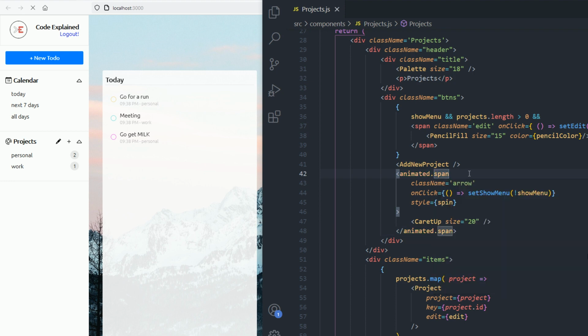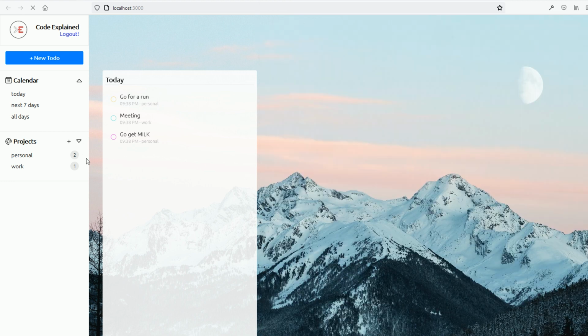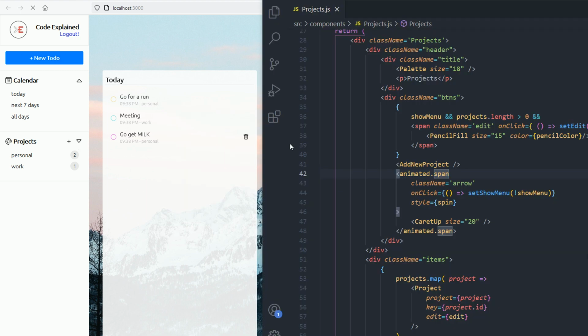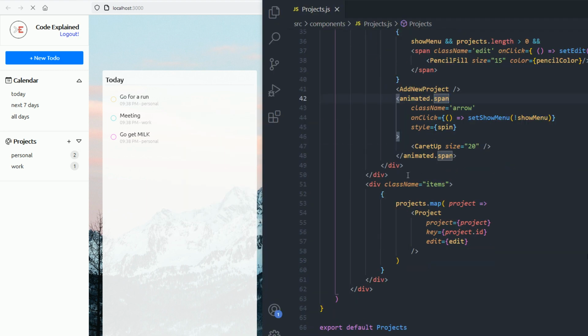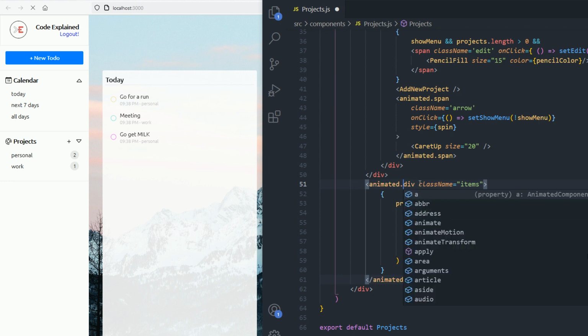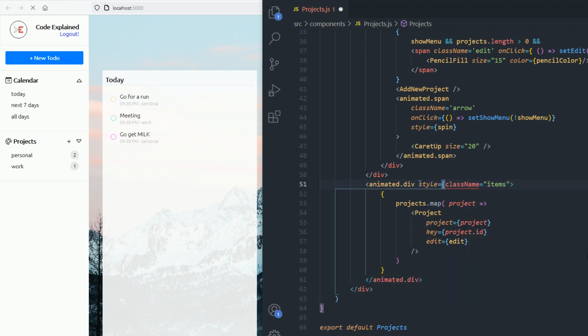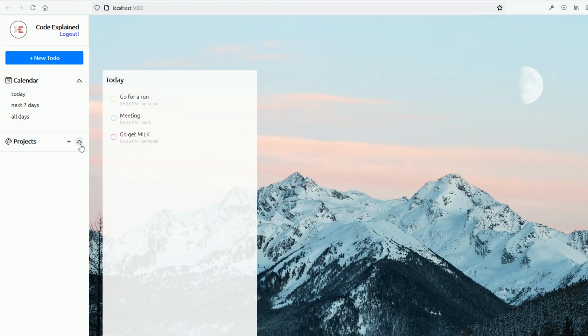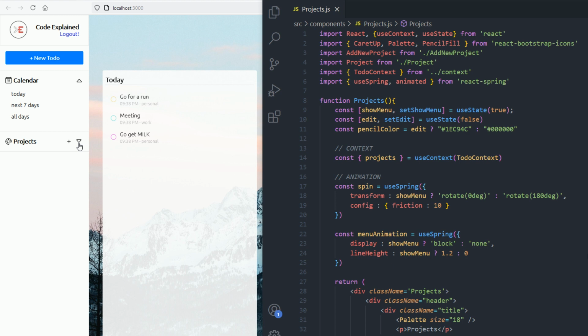If I save, you can see that it's working, but with some lag in there. We're gonna fix that in a second. And there for the items, I need, of course, to use animated again, and then pass the right animation, which is the menu animation. So if I save, you can see that the animation is working, but this lag in here is caused by